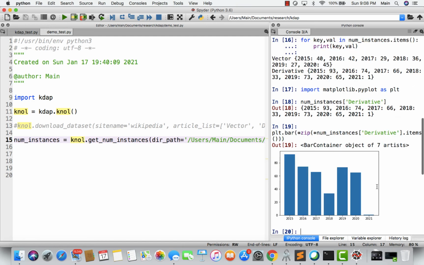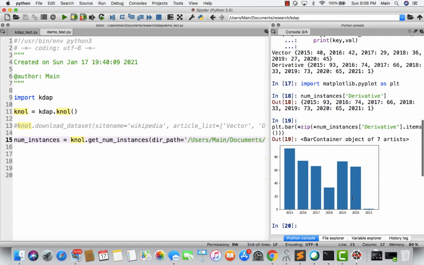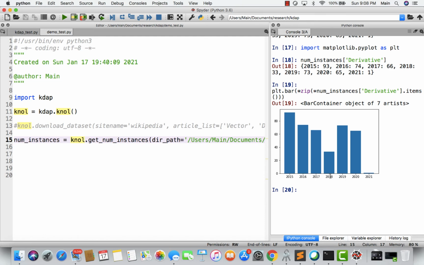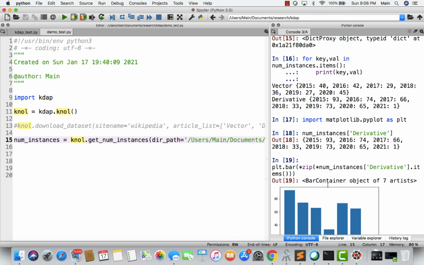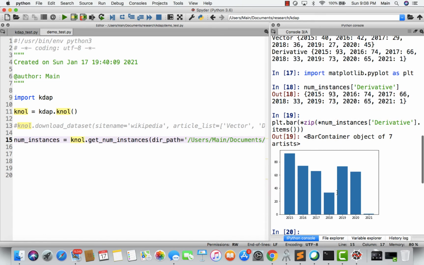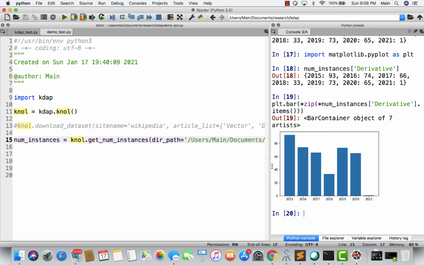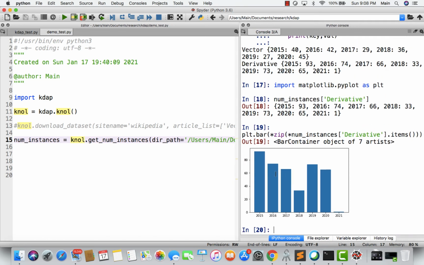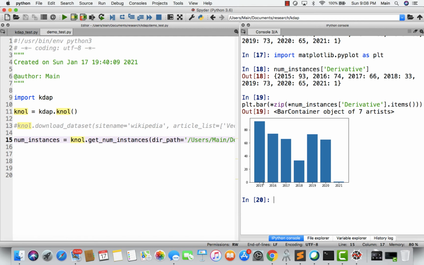Okay, and you can see that we have plotted the data set. Let me zoom a little bit more, and you can see this particular plot, and it shows how many revisions there were in 2015, in 2016, and so on. You can infer that there were a lot of revisions during the start of the article.